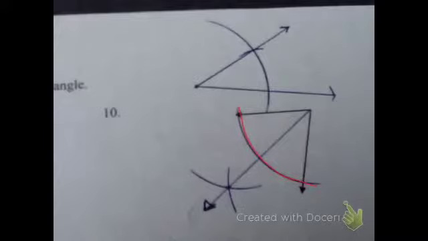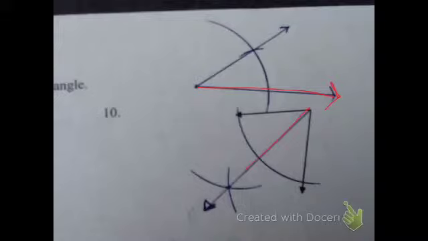To start that, draw an arc that crosses both sides. Then put your compass at the two intersection points. Pick a hole that's your favorite, but use the same hole for both arcs, and you're going to have one intersection point. Draw a ray from the center of your angle through the intersection, and that ray will bisect your original angle. Once you have your original angle bisected, you have an angle that's half as large, and you need to copy that one. So start with a ray,